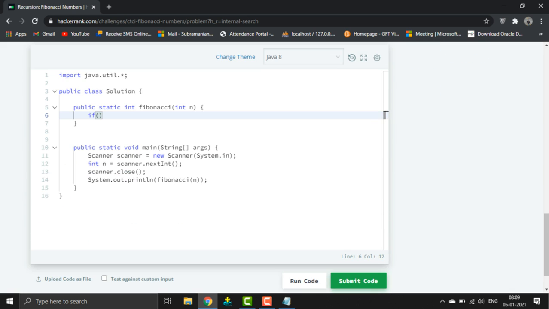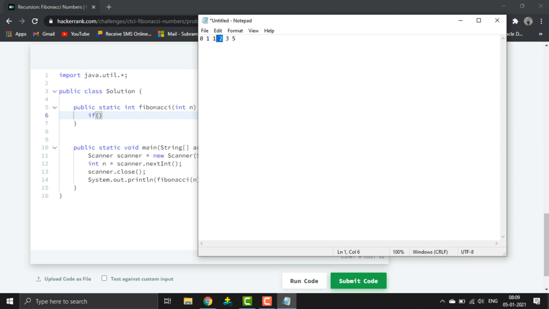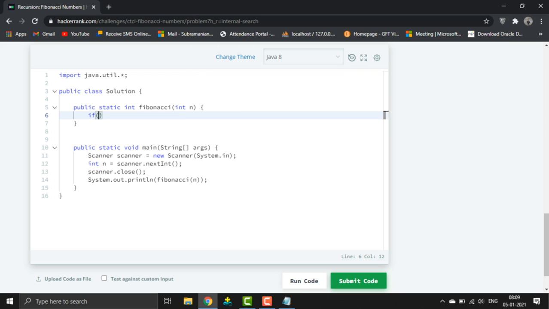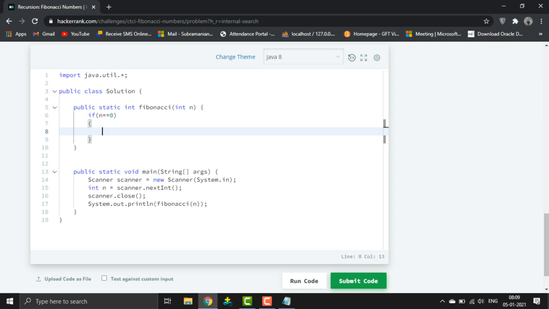Then let's get into this. There is no logic for the first two elements, as I already told you. The first two elements are 0 and 1, and there is no logic further, so let's just give them here. If n equals 0, since this method is of type integer, we have to return an integer, so let's return 0.